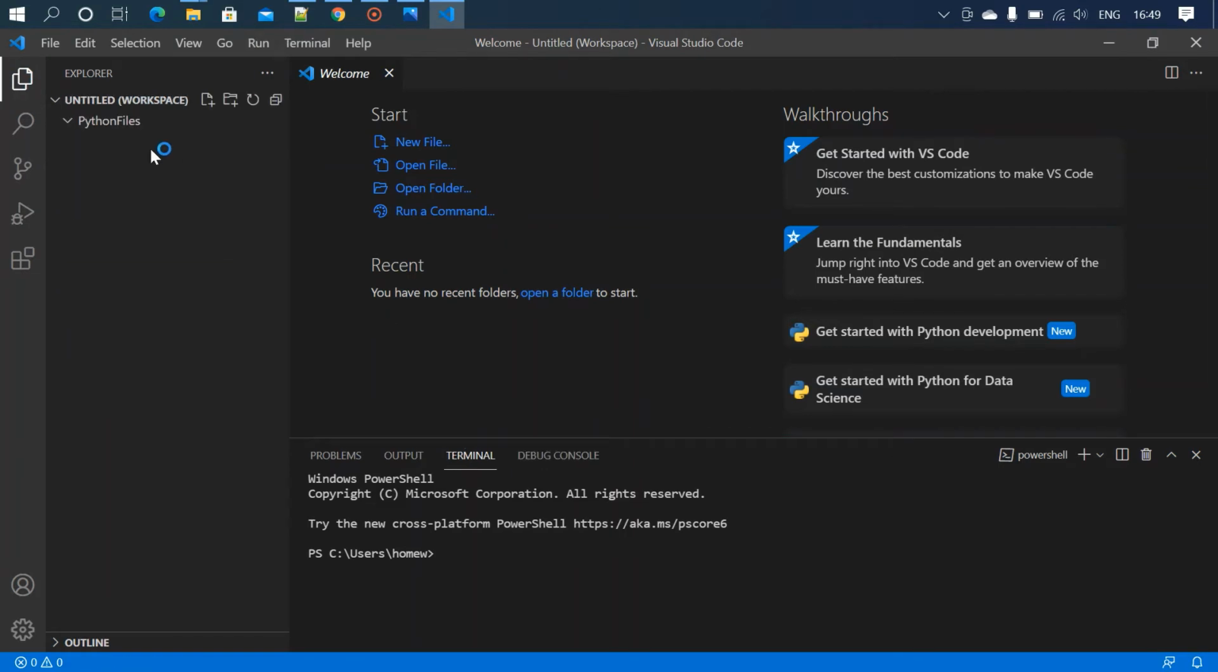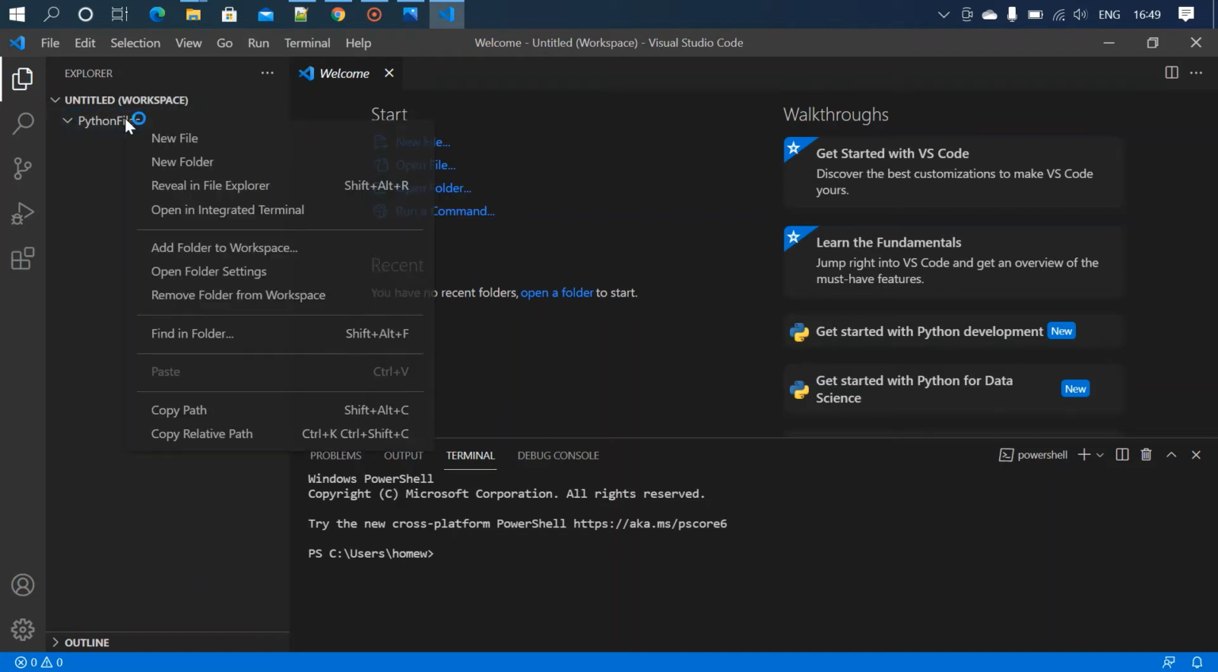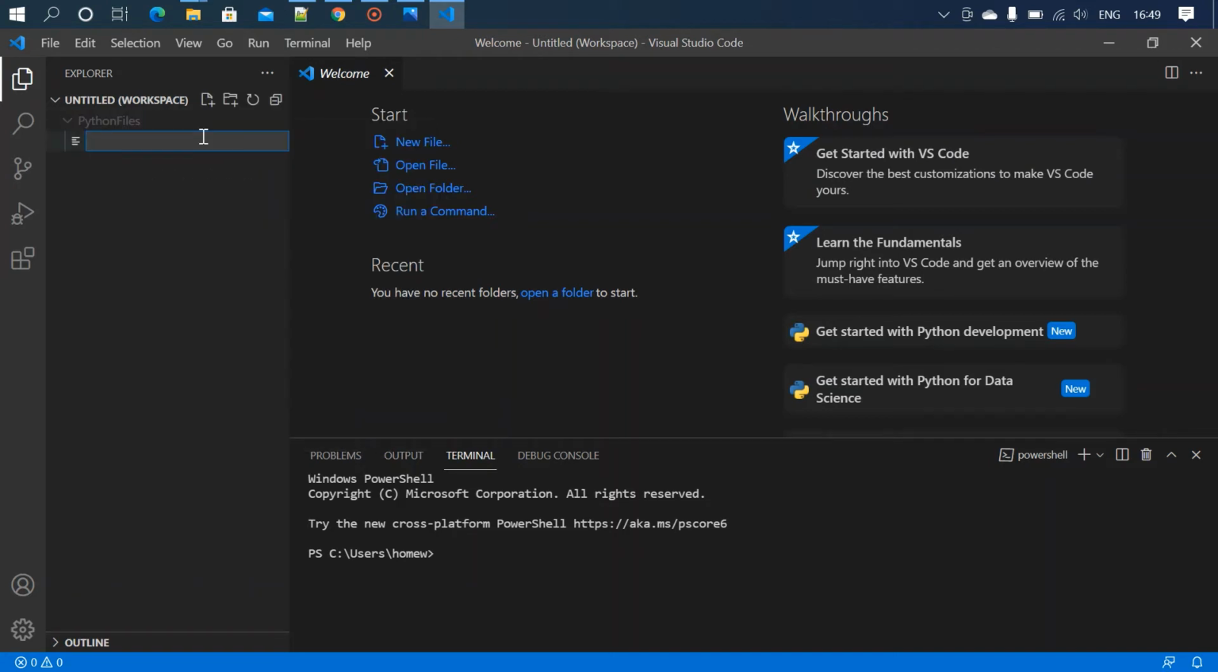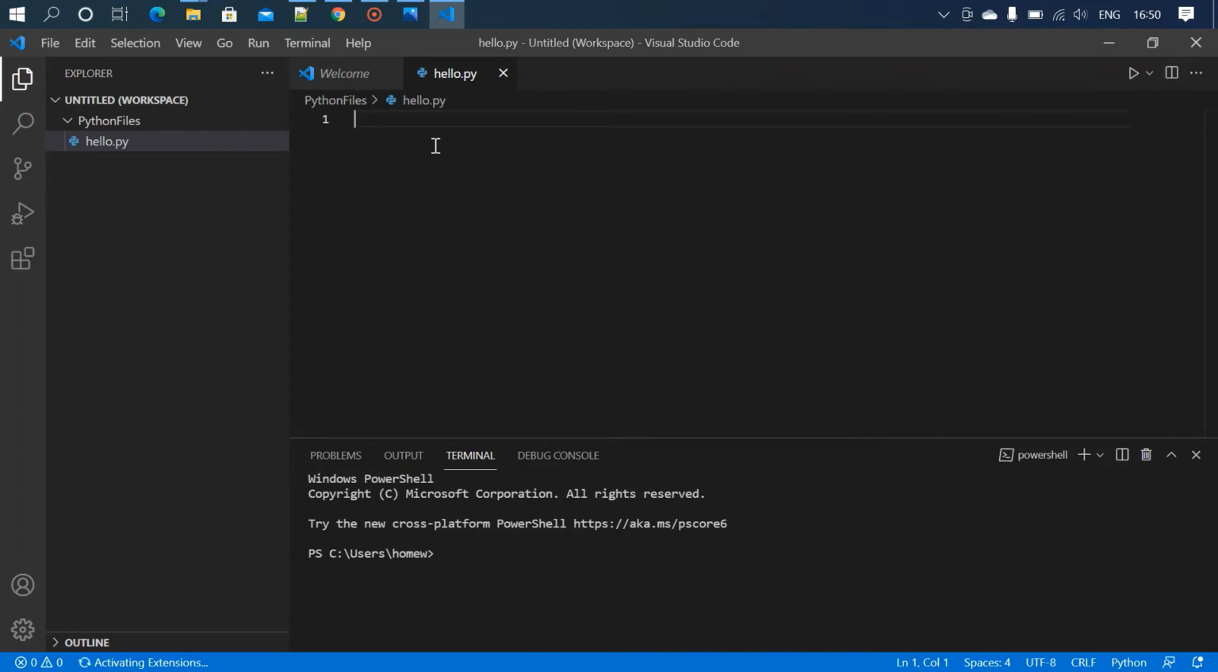So here, by right clicking this folder name, we can add a file, new file, type hello.py. So our Python file got created. And to print hello world, we just need to write a one line. And that is